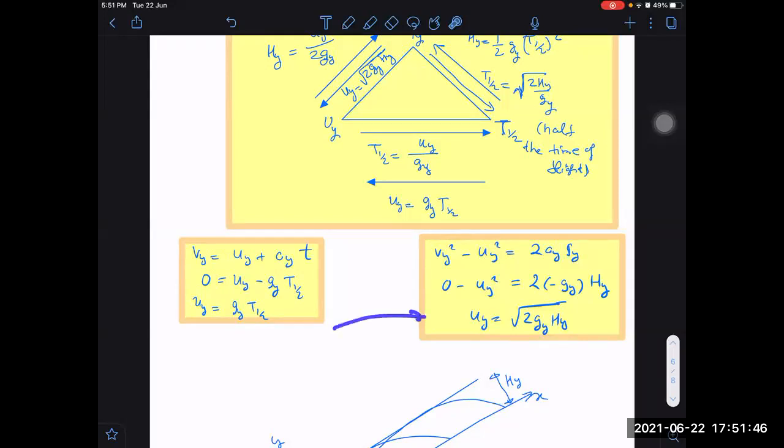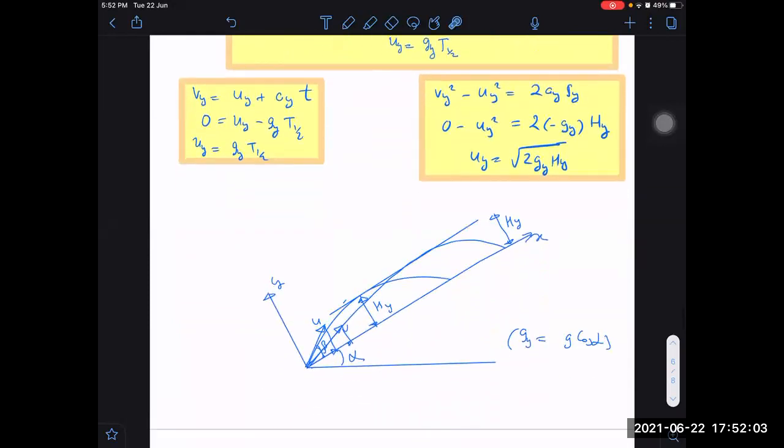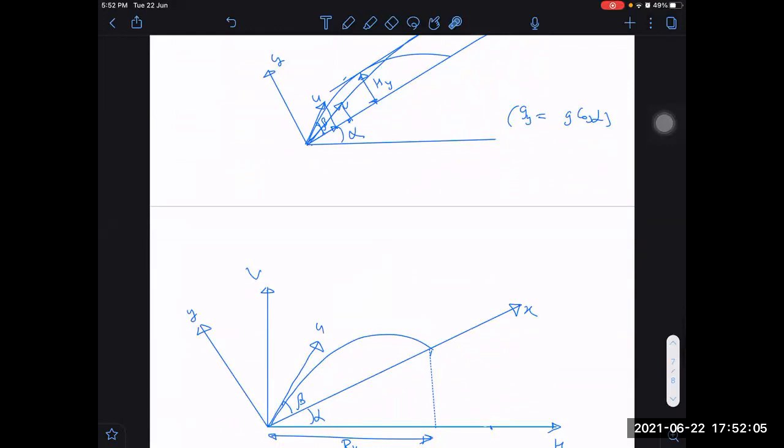By this set of formulas, we can answer the questions orally also sometimes if we know proportionality. We should know that uy is proportional to root of hy. We should know time is proportional to root of hy. That proportionality should be in your mind. And the distance covered is proportional to time square. That we should be knowing. That will help us solve the problem sometimes very easily.